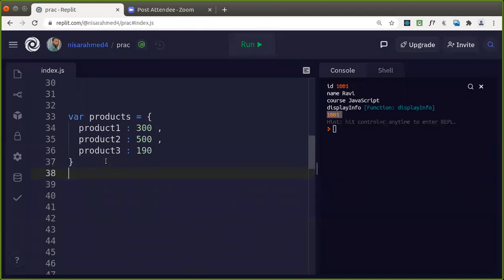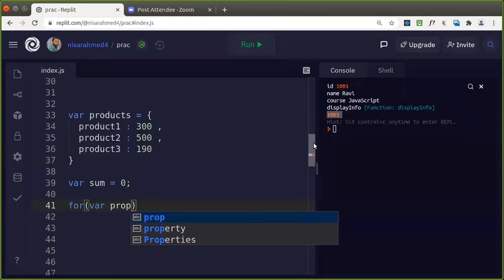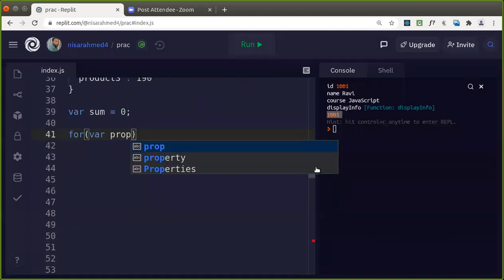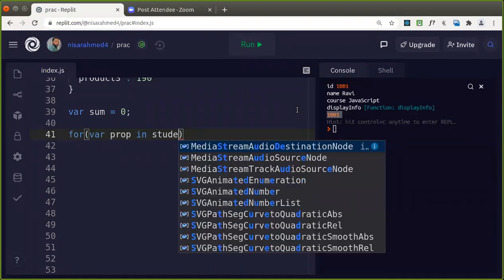Now I want to find the sum. So what you can do here is use the for loop and iterate. You can declare one variable here, sum, isn't it? And you can just go for each property. What is the name of the object?